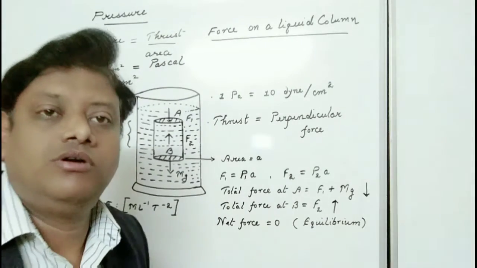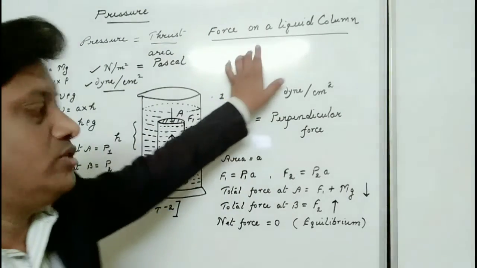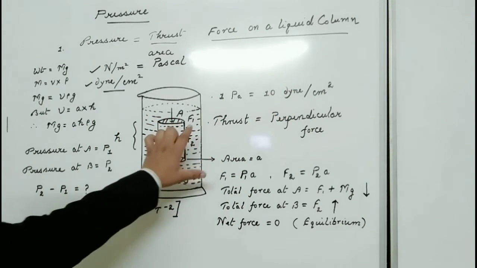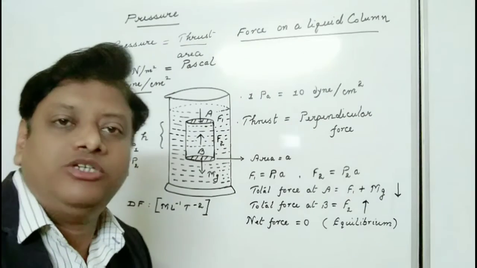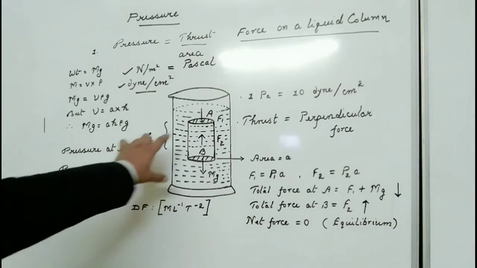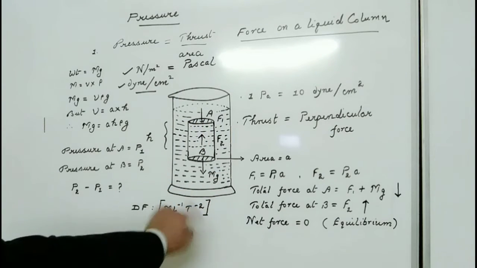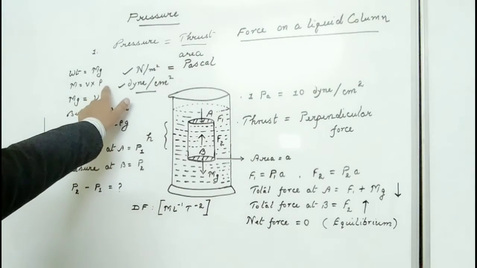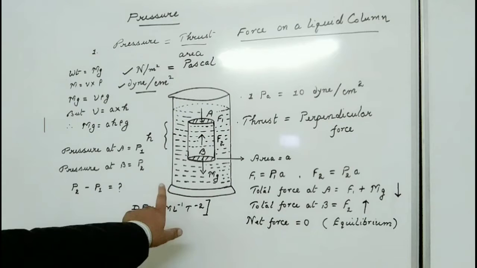Now we come to another important topic of this chapter, the force experienced by the liquid column. See in this figure, this is the liquid column we have taken. In this topic we will be finding out the pressure difference between two points A and B which are present in the bulk of the liquid. So here is the cylinder, here is the total vessel which contains a liquid of density rho. See how we write rho. This is the symbol for density, that is rho. So this liquid contained in the vessel has density rho.